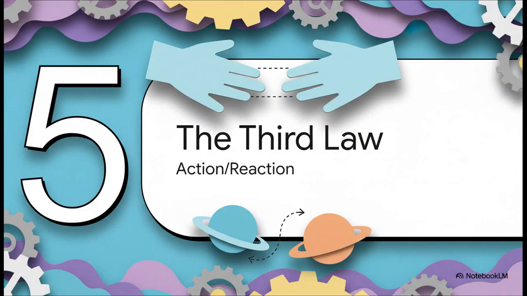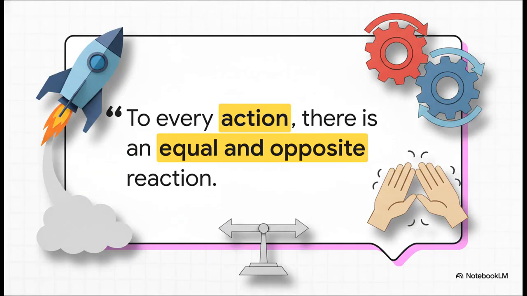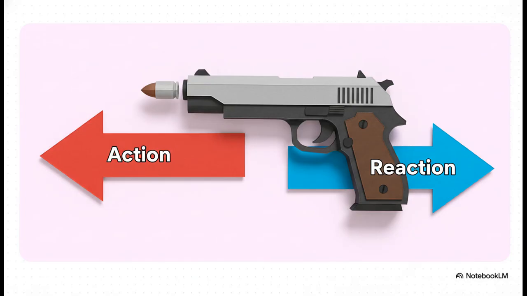Newton's third and final law of motion is, well, it's maybe the most profound of them all. It reveals this deep, fundamental symmetry in every single interaction in the entire universe. Now, we've all heard this phrase, but the physics behind it is very, very specific. It means that forces never, and I mean never, happen by themselves. They always come in pairs. You literally cannot push on something without it pushing back on you. And here is the crucial detail that so many people miss. We're talking about two separate forces acting on two separate objects.